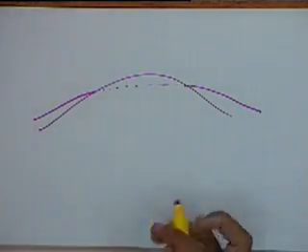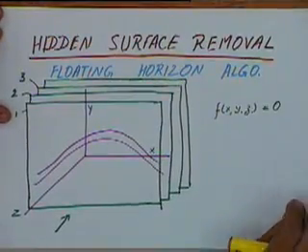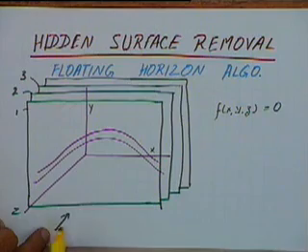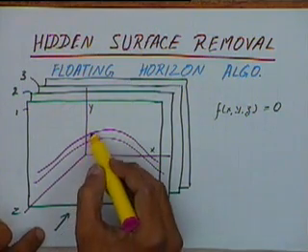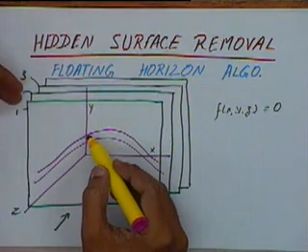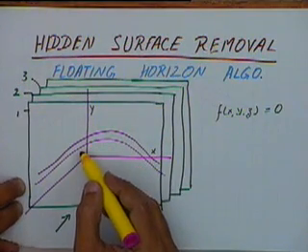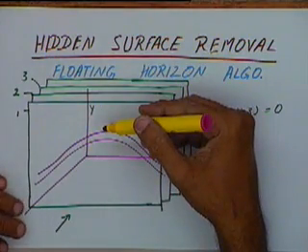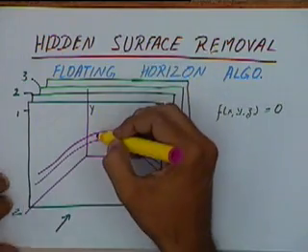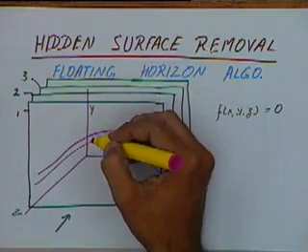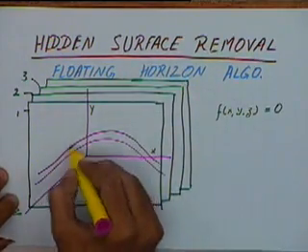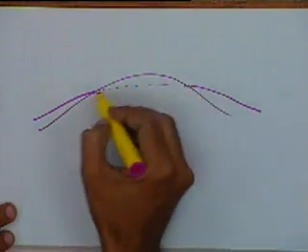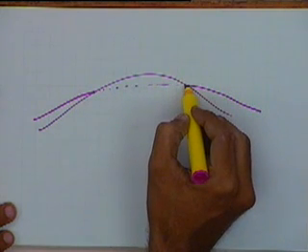In this situation, if you look at this figure, we are looking at the surface from the front. Since we are looking at the surface from the front, if the curve for the second plane is cutting the curve for the first plane, that means the curve for the second plane is at a lower height. So if this curve is at a lower height, we will get this curve intersecting as we are getting here, and since it is at a lower height, this portion of the curve is going to be hidden.